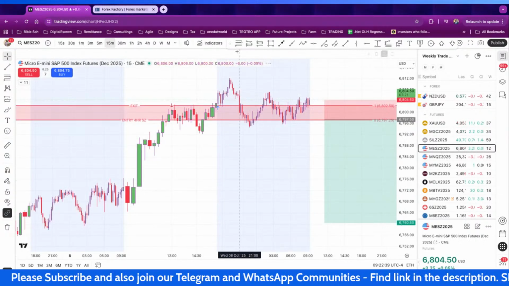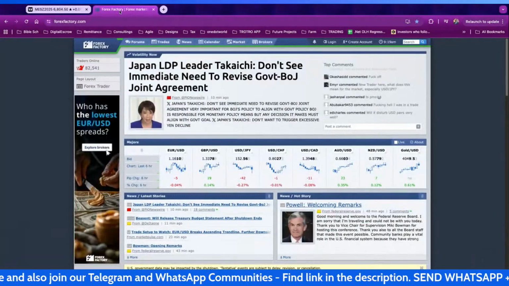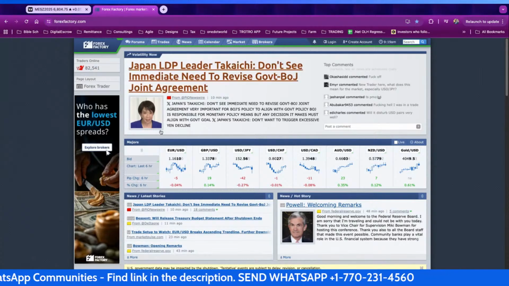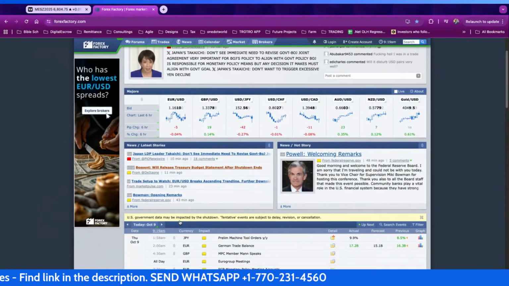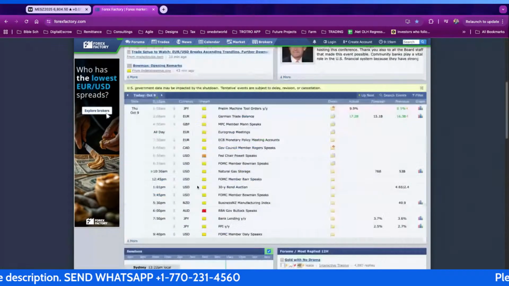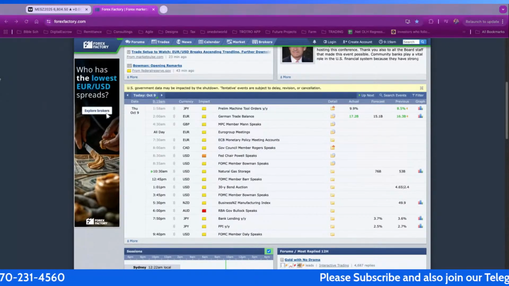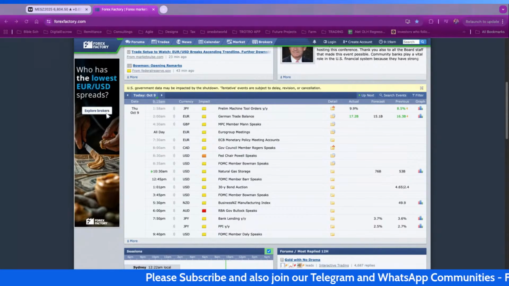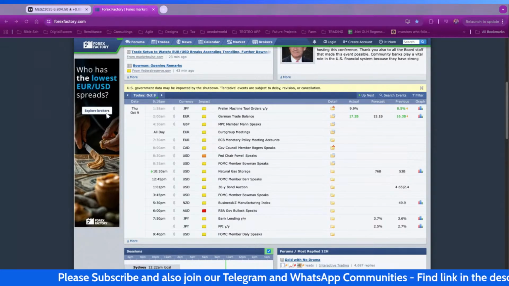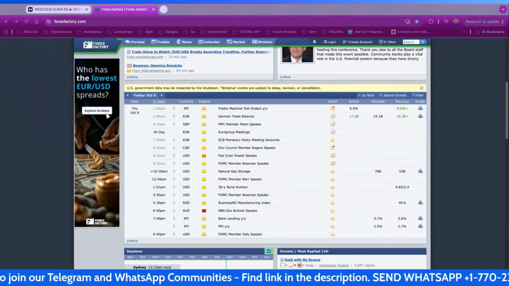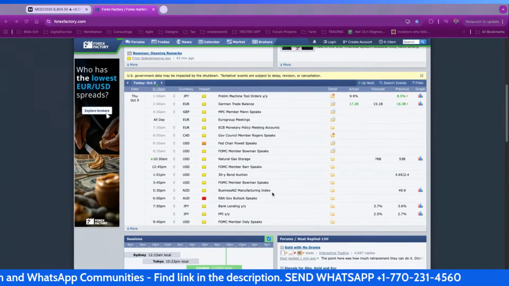But before then, anytime you wake up in the morning, this is going to be a quick one. I don't intend to do this more than 15 minutes. Anytime you wake up in the morning, the first thing you have to do is go through the economic calendar, check if there is any high impact news coming up, and whatnot. If there are no high impact news, you just have to move on, right? I don't see any high impact news over here.